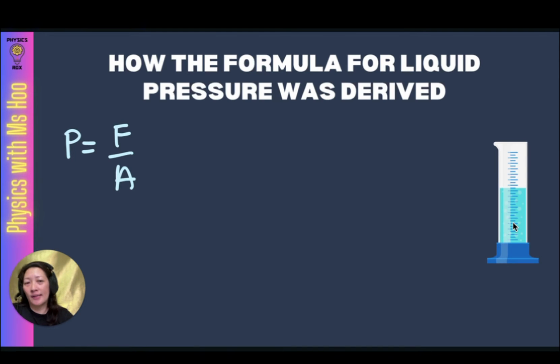Now, one thing you need to understand about liquid pressure is that the way a liquid exerts pressure is very different from the way solids exert pressure. Because in solids, the particles are in fixed positions, the weight of the object is distributed over the area. That's why for the same weight, a larger area would have lower pressure, while a smaller area would have greater pressure. For liquids, however, because they can flow, that means the particles are moving,